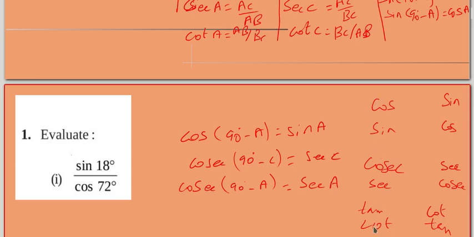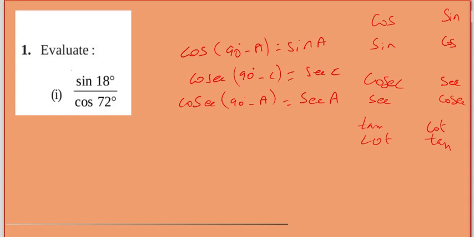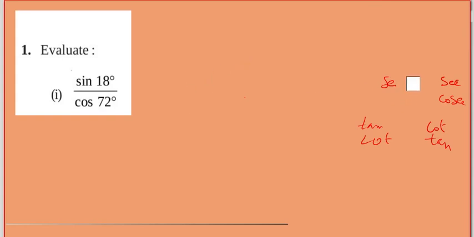So for all six trigonometric ratios, the complementary angles have this kind of relationship. By using this complementary angle relationship only, we are solving the problems from this exercise. Let me discuss the problems now. So the first problem will be sine 18.